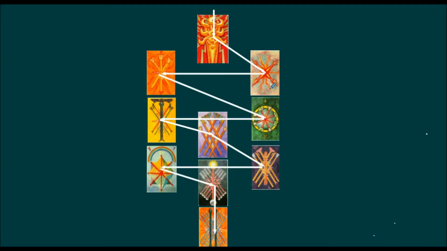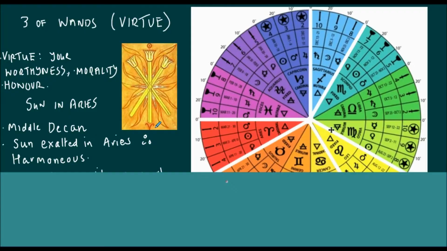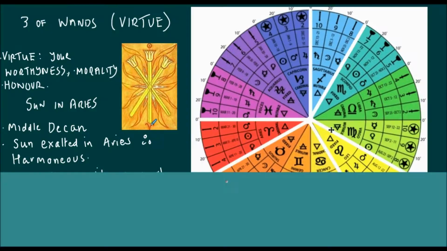Moving on from this fearsome Two of Wands, we now go into the calmer Three of Wands here, and it's called Virtue. Even though we've got Aries in it as we did in the Two, the energy of this card seems different. We've got the Sun in Aries, and it's to do with the middle decan here, where the energy of Aries is at its highest before it dissipates again in the Four. So the Sun,